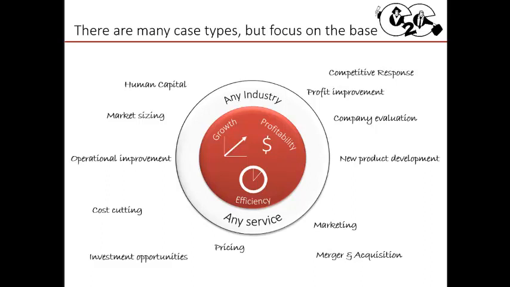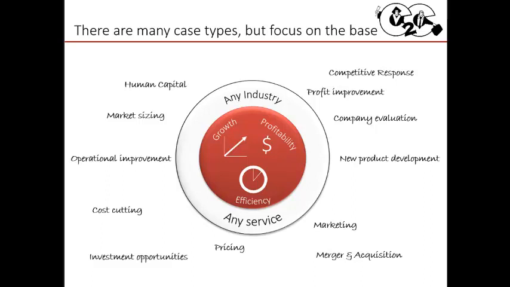Even if it's a human capital case, you're probably looking at profitability in terms of we need to reduce headcount, or efficiency, how do we get people to work better, or to make sure talent is transferred over if someone leaves, stuff like that. If you're working with an operational improvement type of case, then you're looking at how do we make this more efficient, where do we move the supply chain around to make things easier for transportation. And lastly, if you're looking at a new product development case, now you're looking at how can we grow the company and how is it profitable. So really this is the core of what you should be focusing on.